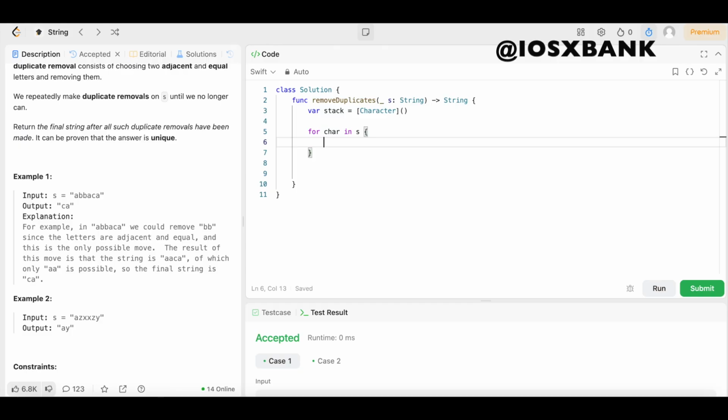Now, if the stack is empty, we're simply going to push the character onto the stack. So we say if stack dot isEmpty, we're going to open up the brackets, and we're going to say stack dot append, open up the parentheses, char. Then we're going to come right here to this bracket, and we're going to say else